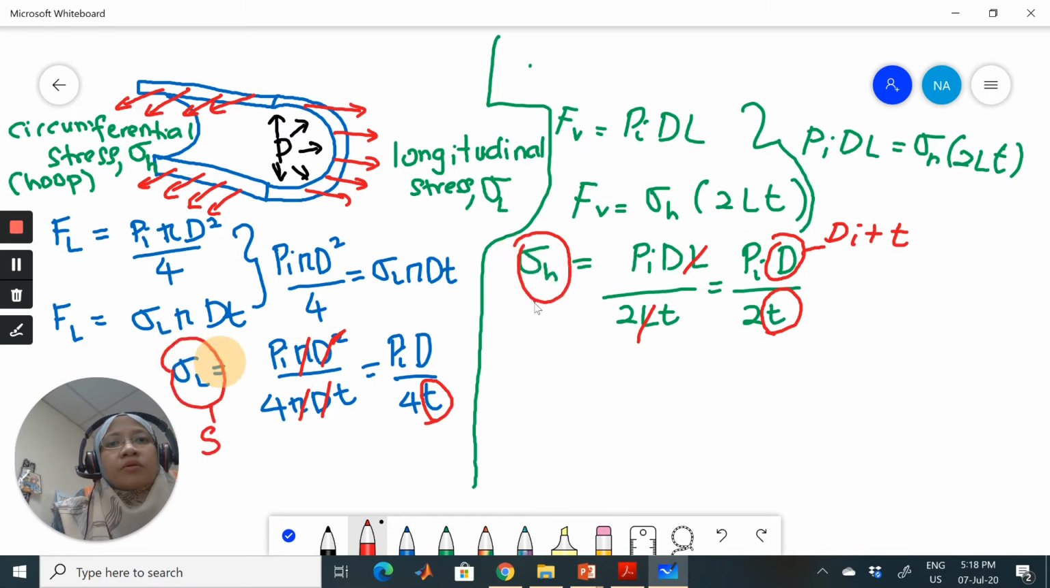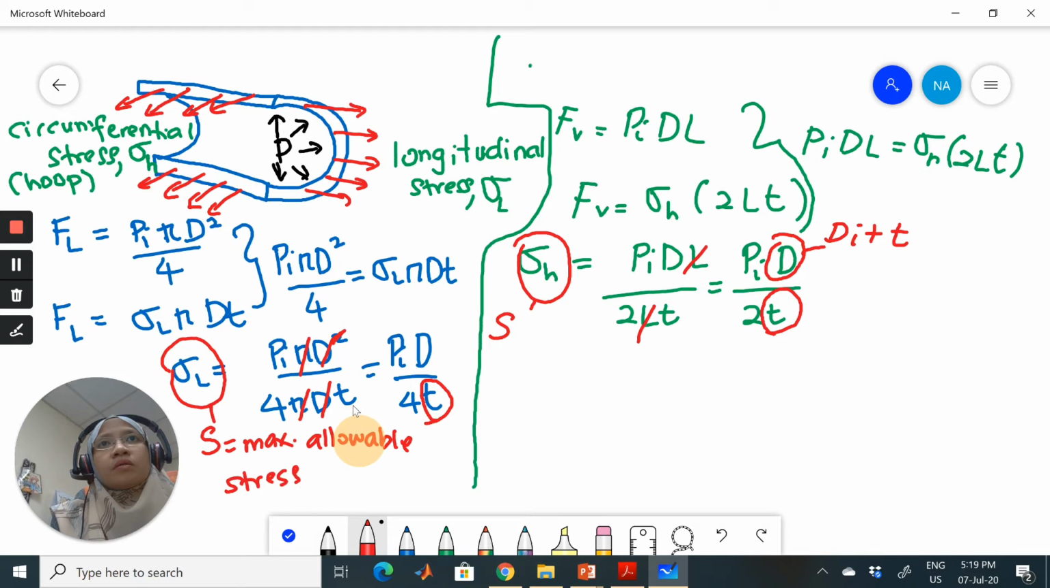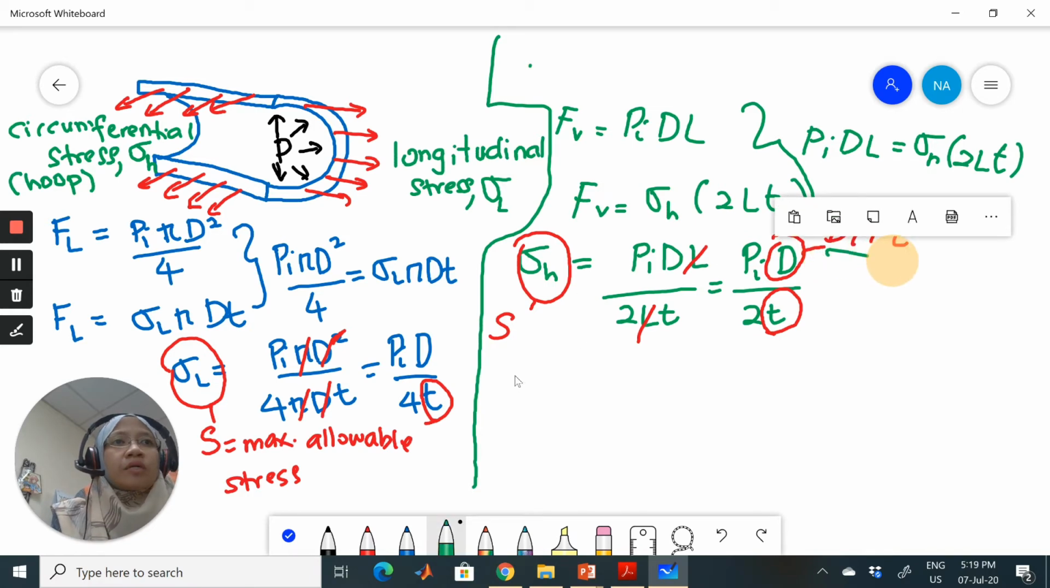Where S is actually the maximum allowable stress. Okay, maximum allowable stress. So let's say for this, we substitute S and the value for this. Alright, we will get